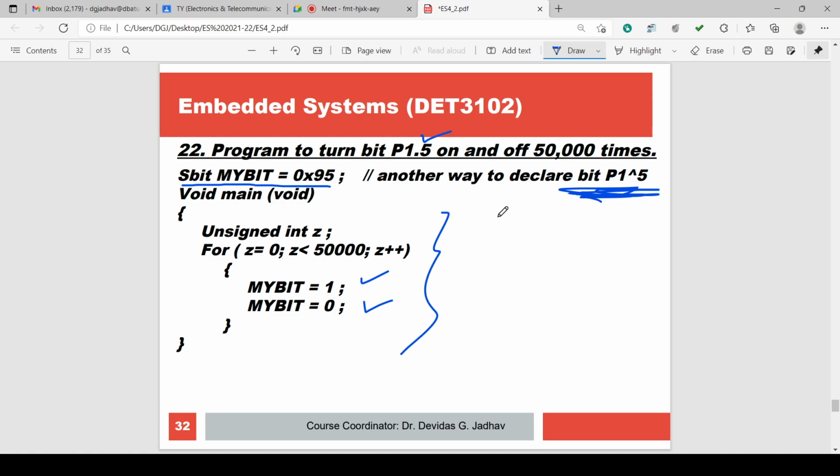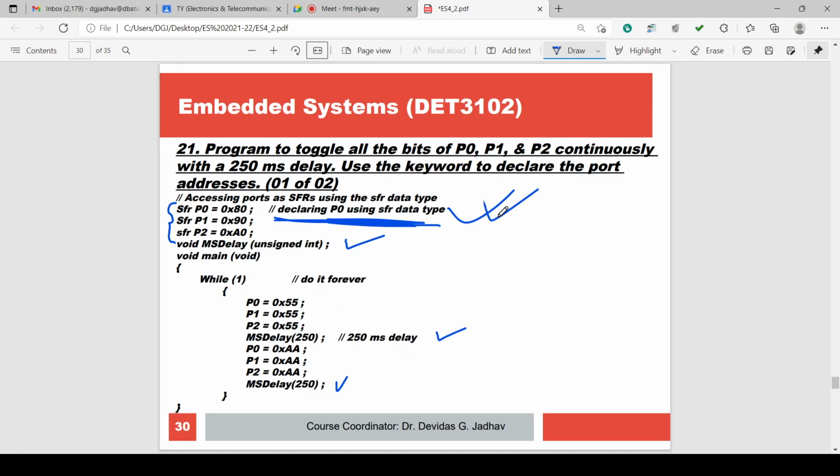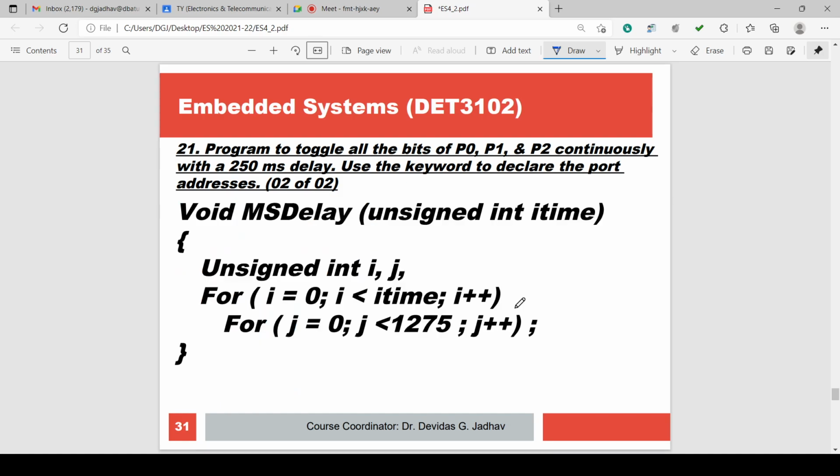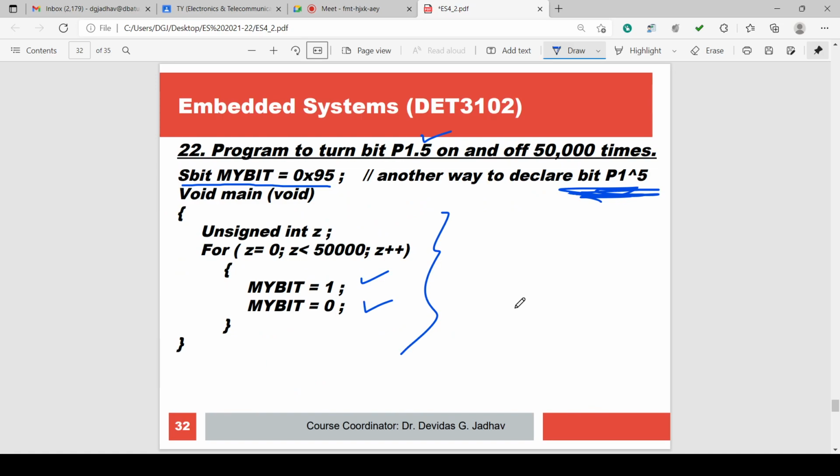Okay, 90 is the initial address for P1. You can have SFR P1 0x90, and you can use P1.5. Instead of 90, we can define 90, 91, 92, 93, 94, 95. So 95 is for P1.5. So port 1, fifth bit can be directly defined as sbit mybit equal to 0x95.